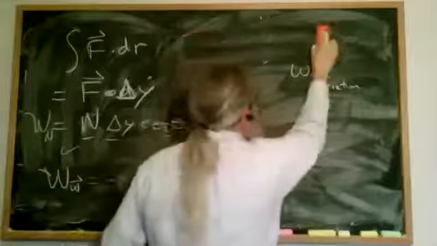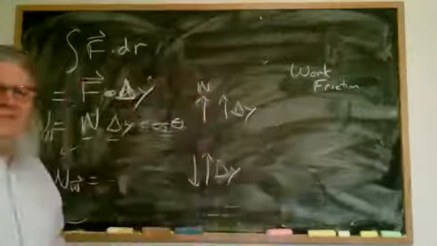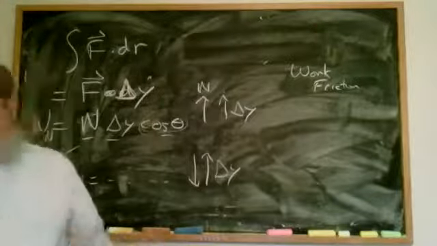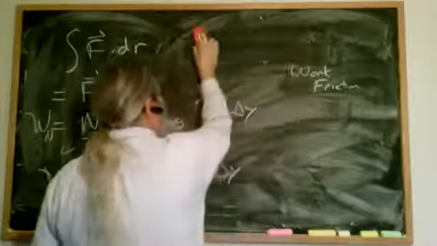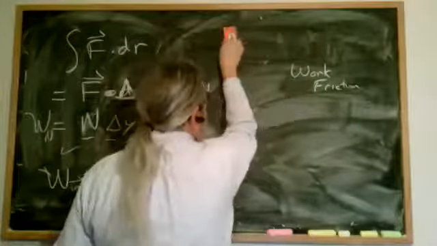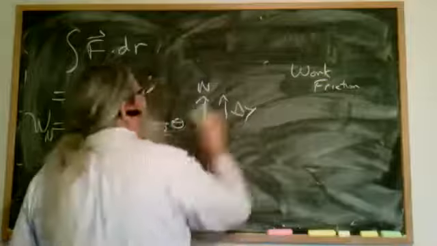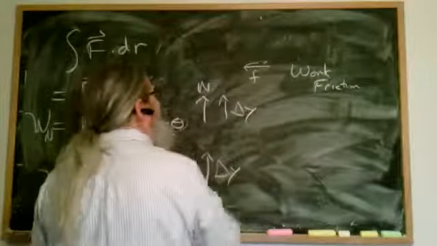So I go from here to here. Negative, negative, negative. Right. So if I go from here to here, there's a force trying to keep the eraser from moving. So there's a force on the eraser. If I'm pushing on the eraser this way, there's a friction force pushing the other way. The friction is in opposition to the motion in this case.